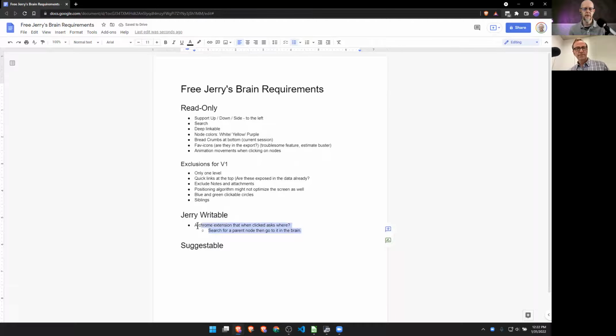Yes, so let's see. Instead of a Chrome extension, there would be a keyboard shortcut of some sort, or a macro. Well, we can't do a keyboard shortcut, because you've lost. So would you say, like, okay, so you're in the brain,